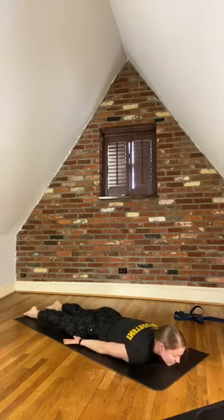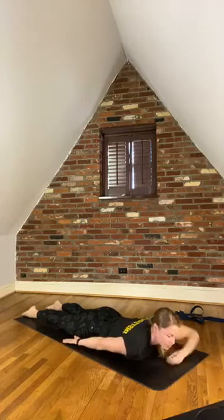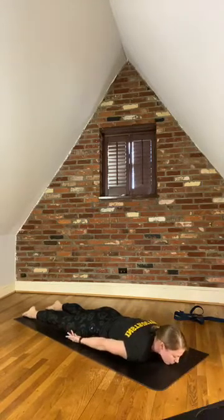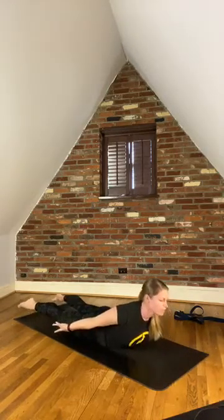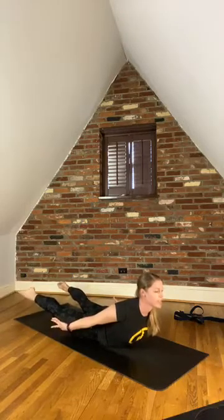So chin to the mat, arms to your sides. From here, you're going to reach those fingers back towards the back end of the room. And as you do that, you'll feel yourself lengthen, the space open up between the neck and the shoulder. Reach towards the back of the room and keep reaching, and that's what brings you up. Like you're trying to touch the back end of the room, and the toes are touching or reaching,